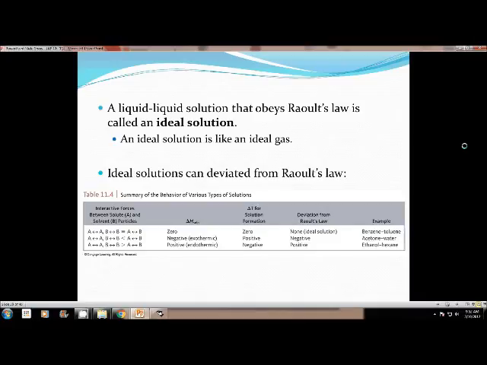So the part on the left where it shows the interactive forces between solute A and solvent B particles is going to be important to know if something's actually going to dissolve in something else. Because sometimes, if like dissolves like, then it will work out fine, but other times it will not. Okay, that's on page 526 in your textbook, and if you need some more reading on this information, look